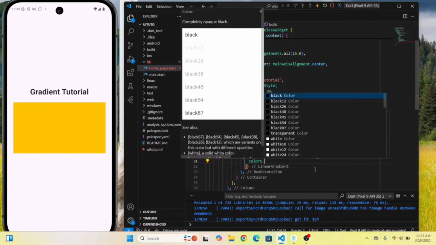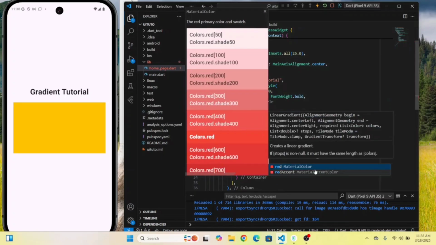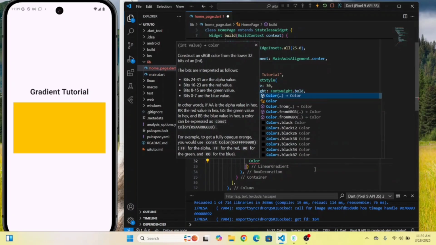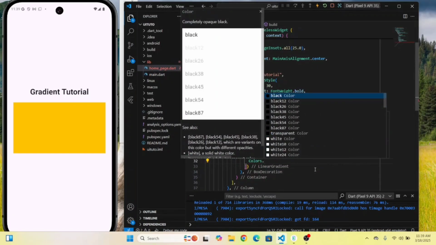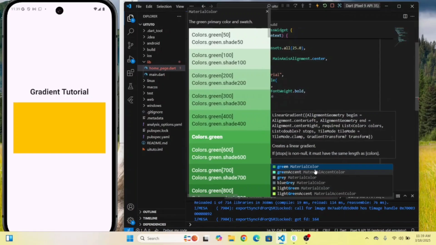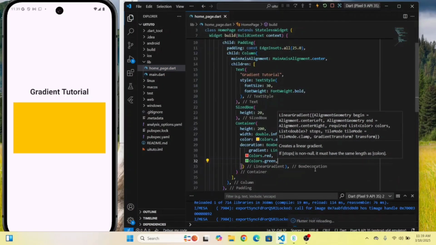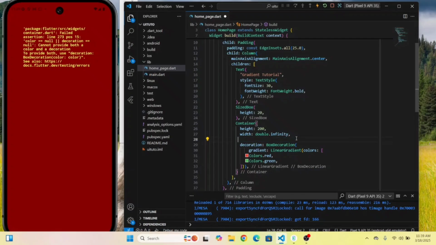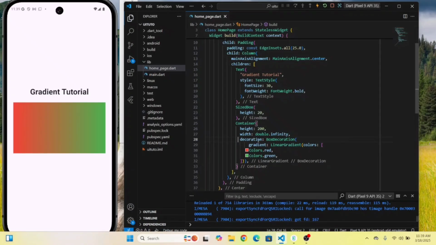The first color will be red, let's say, and the second color will be Colors dot green. Let's see how it will look, and we got the error because we have to remove this color which is outside the decoration, and here is our decorated container